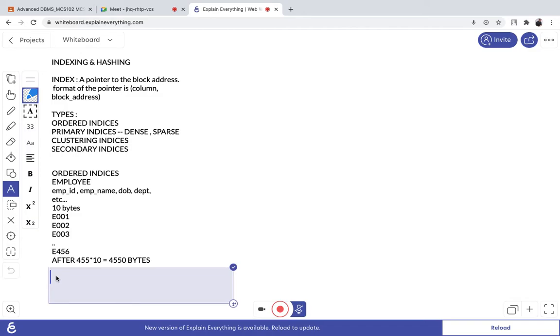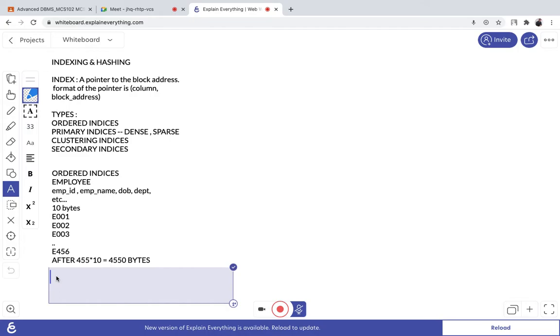This is the column name and the block address. Here we have created the index on the primary key, on ID. We have created the index on the employee ID, right? So if you have the index,